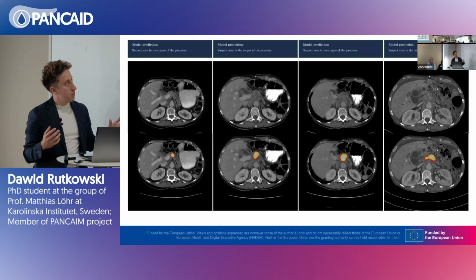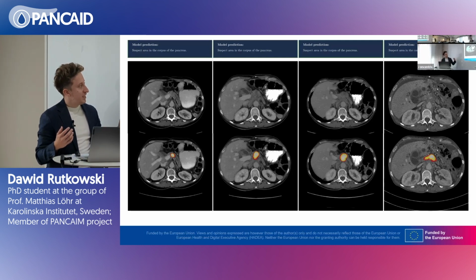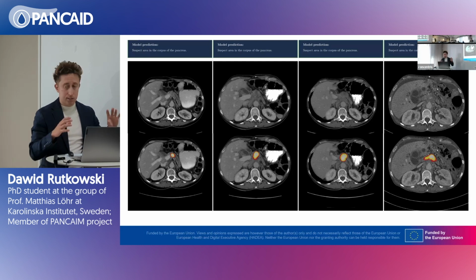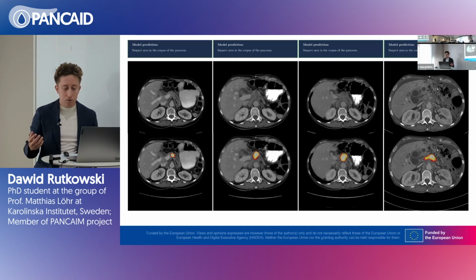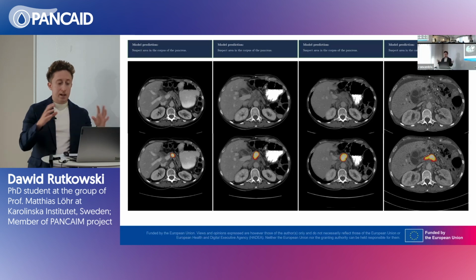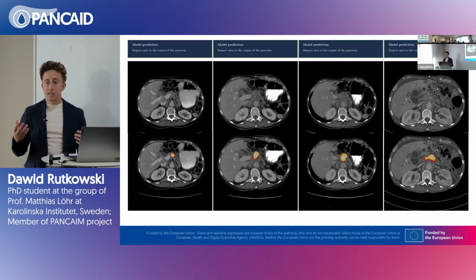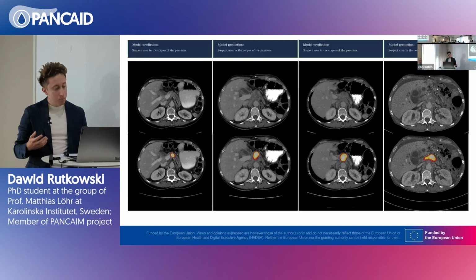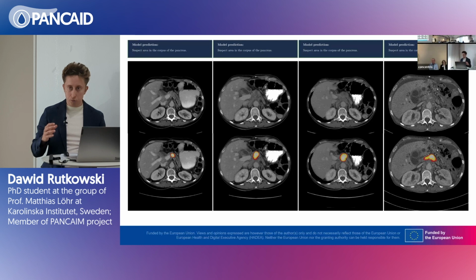Now, how does this look? Here we have the same examinations, but with the heat map on the series underneath. It's the exact same slice. The heat map represents what the AI is giving attention to and suggests what could be the tumor or a solid change in the pancreas. And as you can see, with time, it's growing. And when you have all of these examinations at hand, you can perhaps in hindsight say that it was possible to see it from the beginning, maybe if you had looked really, really closely.